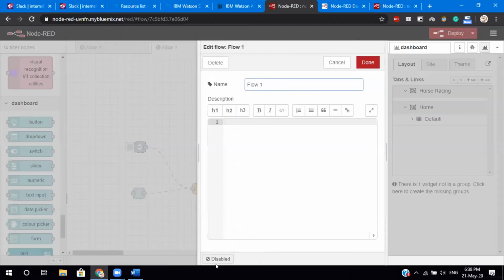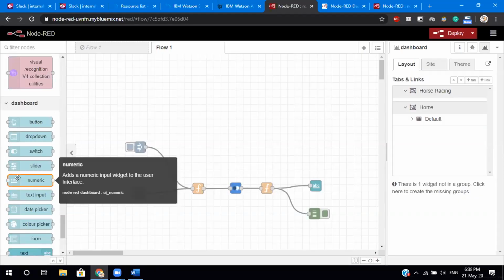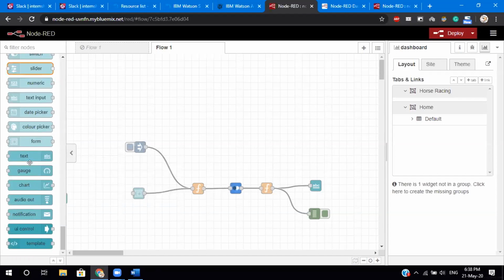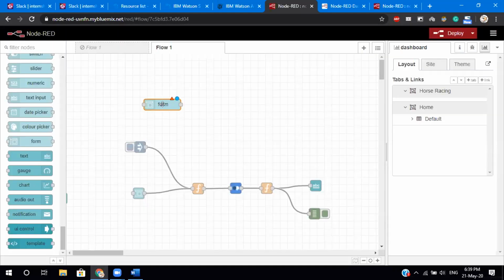Okay, let me enable this flow. So the first thing you're going to use is, and from now on, I'll be talking about the AI people. You'll drag and drop the form node, and if you want to ask it something like "enter your query" or something like that, you'll ask it and give it a name. This name is the most important thing. So when I share my flow with you, you'll understand what I've actually given.